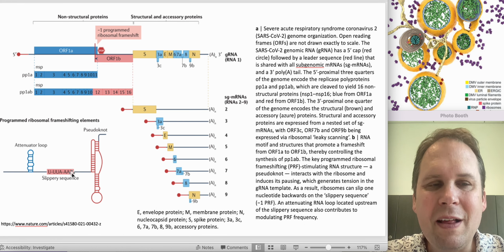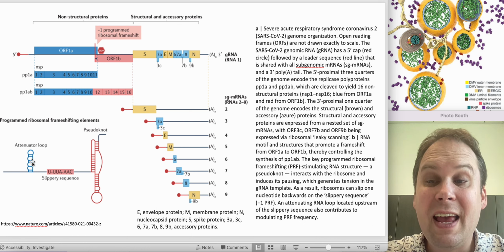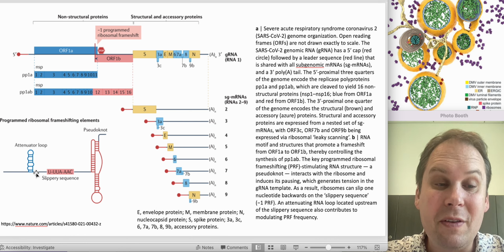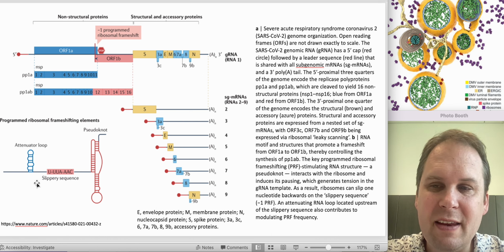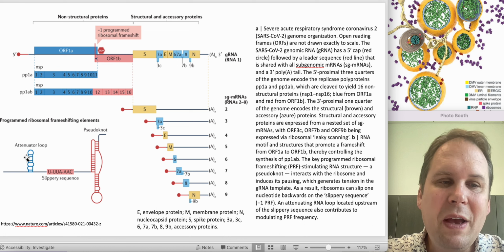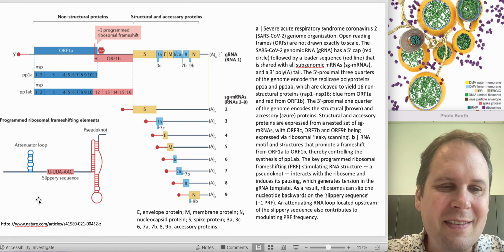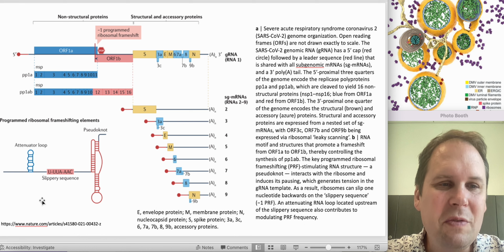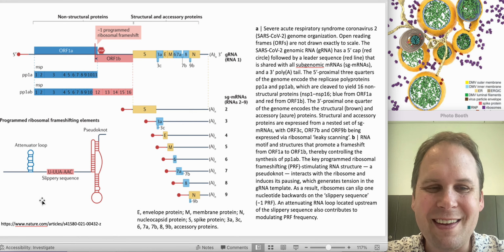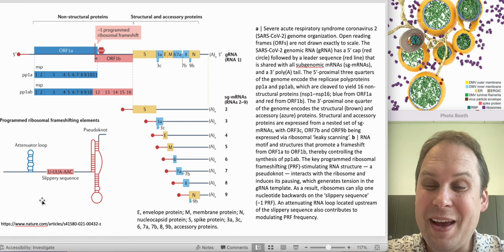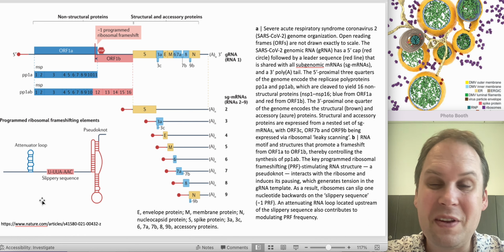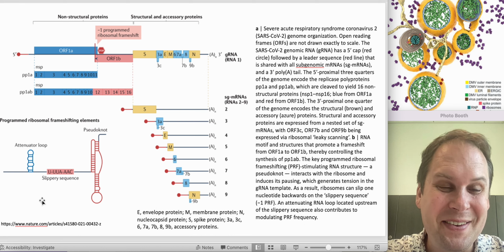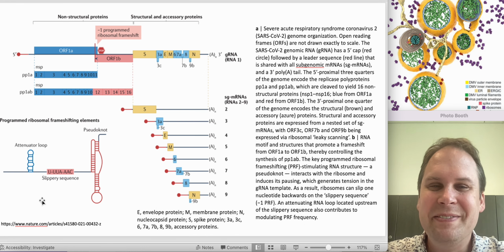But then the SARS-CoV-2 sequence actually works too well. It would be too efficient, something way over 50% efficiency. And so there's an extra little loop which forms part of the ribosomal frameshift site. This is called an attenuator loop, because when the loop is present, it reduces the amount of frame shifting. So SARS-CoV-2 has such a good frame shifting device that it actually has to tone it down a little bit. Which is pretty crazy, right?